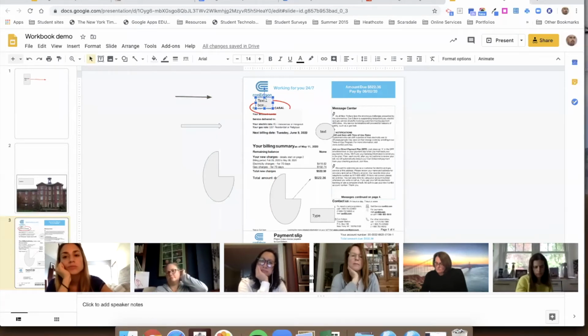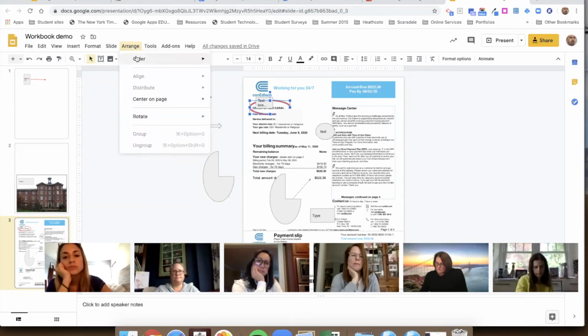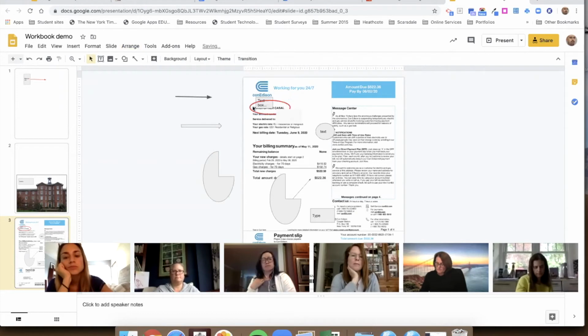Right. Now, if I want to move and reorder these things, I would click on one of them, or let's say I click on the circle. I'll go to arrange, order, and in this case, I would bring it to the front. And then now that I bring it to the front, you can see that now it's actually cutting through that box. Okay. So you can layer images,